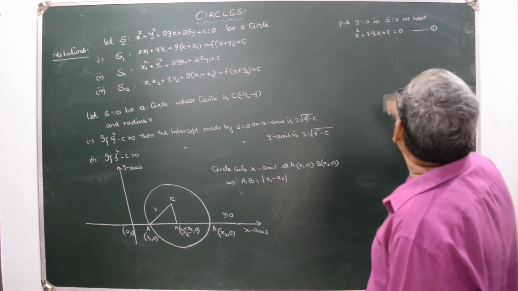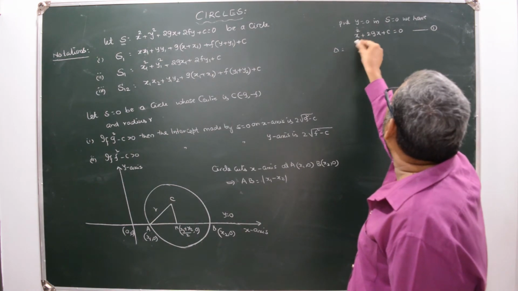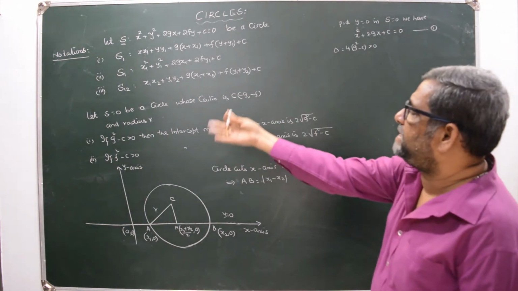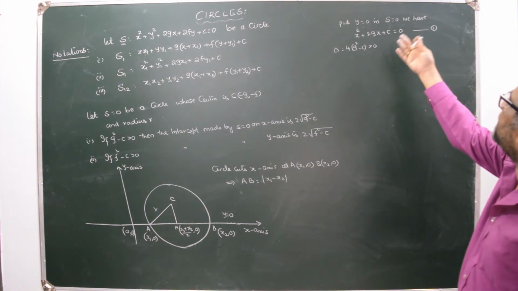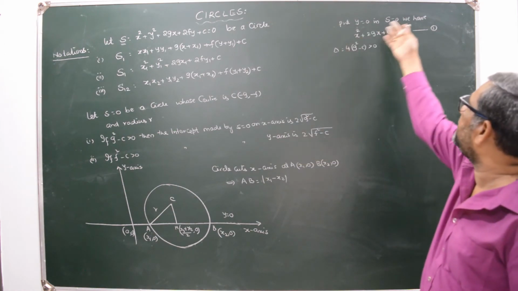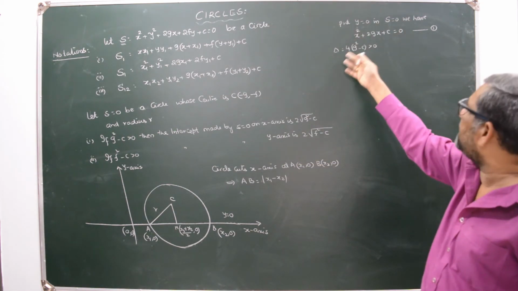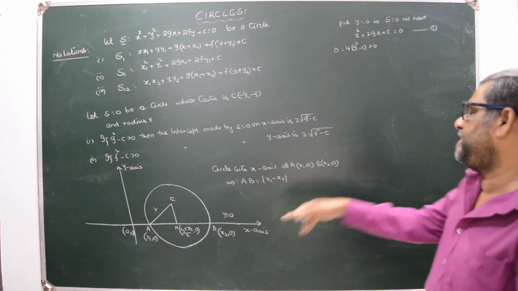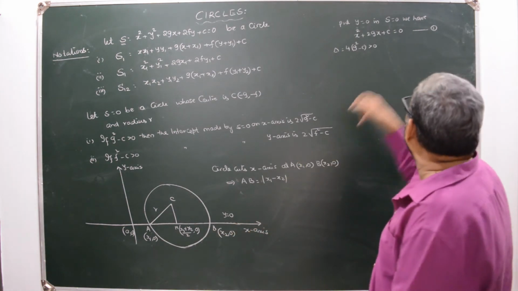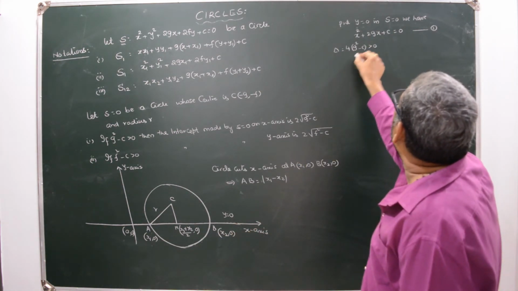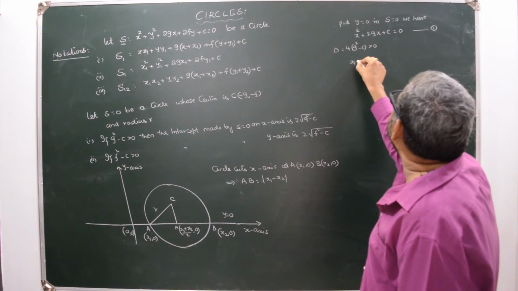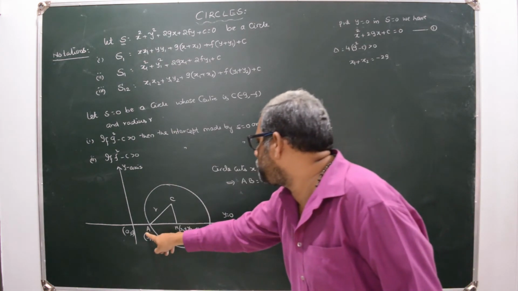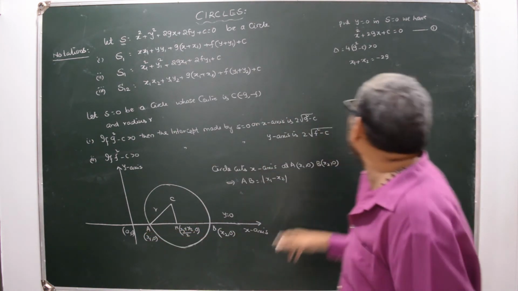Now here the discriminant delta is equal to 4 into (g square minus c), which is greater than 0, because g square minus c is given to be greater than 0. Therefore this circle is intersecting the x-axis in 2 points, because the discriminant of the quadratic equation is greater than 0. It will possess 2 real and distinct roots. So what is the sum of the roots? x1 plus x2 is equal to minus 2g, because it is intersecting at 2 points.